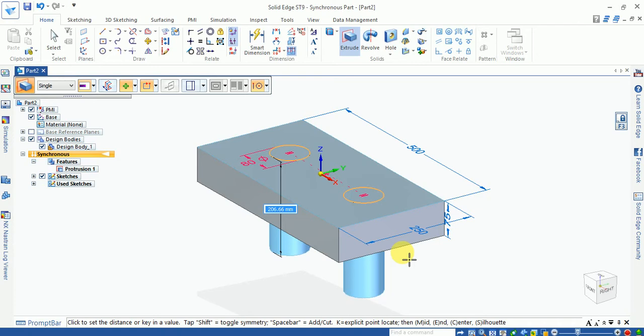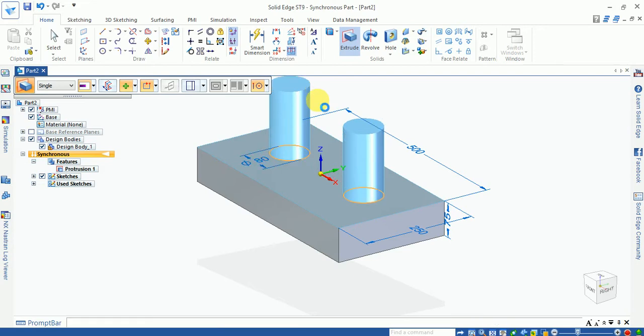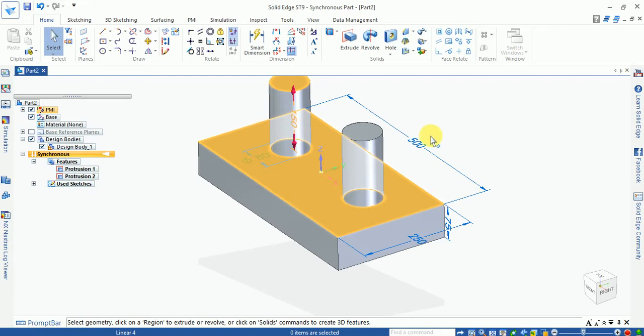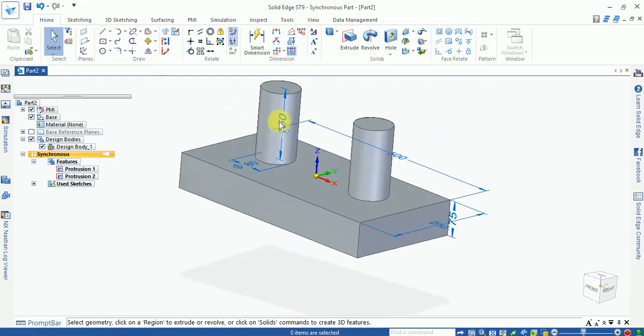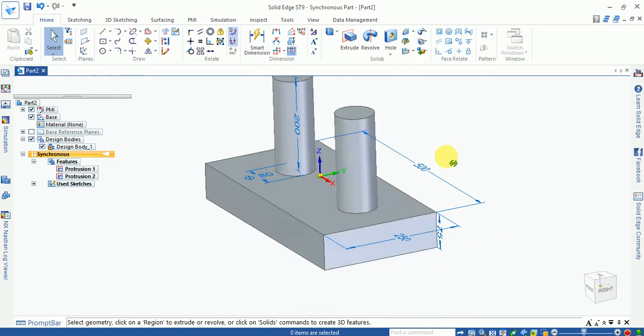Now enter the amount as per your requirement, 150 mm. You can see here. Now you can change the extruded height, 200.